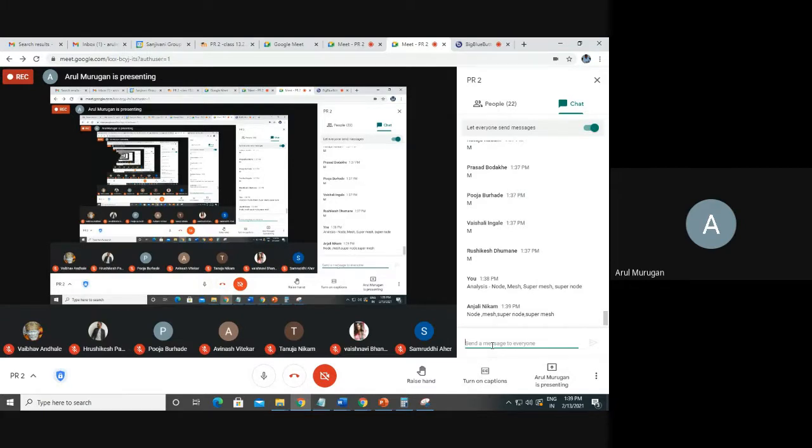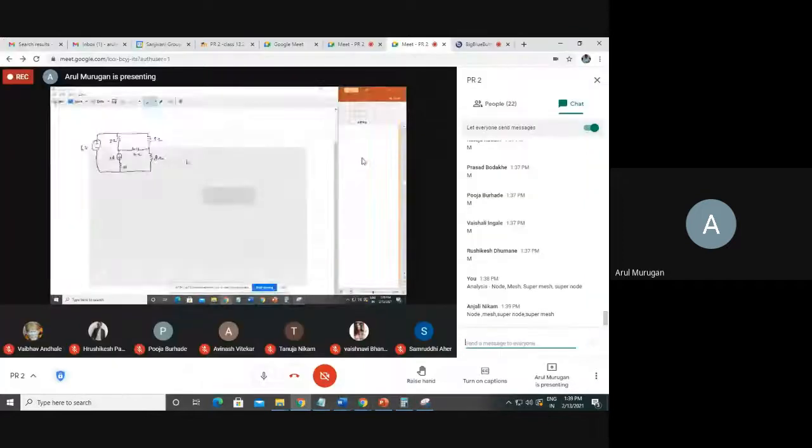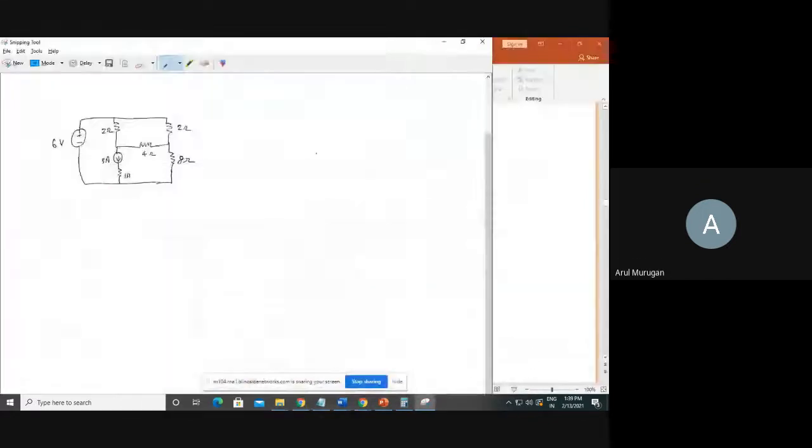In unit one, this analysis is a very important one. My screen is visible? Yes. Okay. So this analysis is the first one: experiment number, practical number 1 and practical number 2. This is what you have to write. Then next one is practical number 3. I will concentrate on the graph. I will give you 4 problems, so every experiment consists of 4 problems. I will target the graph.